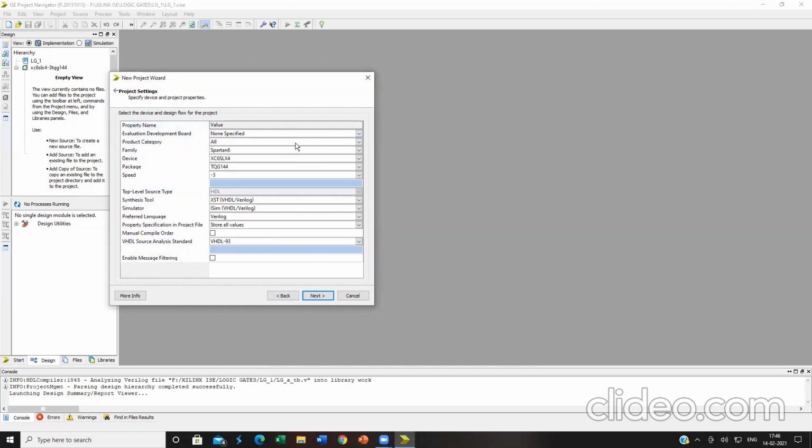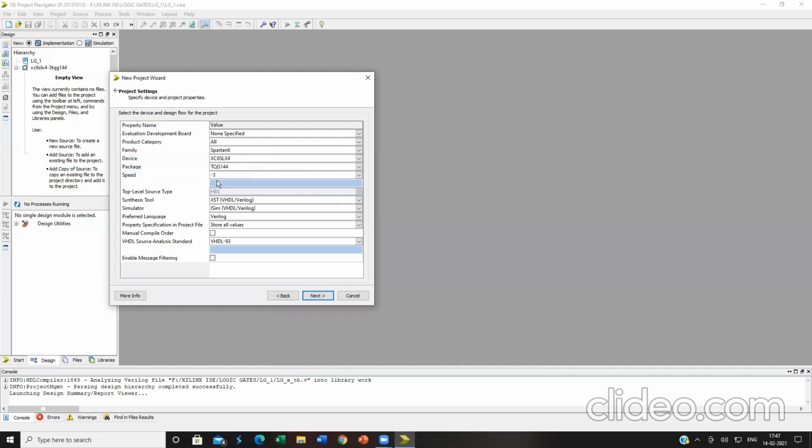So this is your project settings dialog box. This will tell you for what FPGA board you are going to port the program. The FPGA is the Xilinx Spartan 6, a field programmable gate array. It is a sea of NAND gates that allows you to program it according to the specification provided by you. This is the name of the device and this is the package. No need to go into detail on this, let me tell you after this.